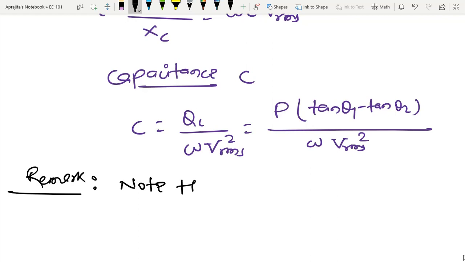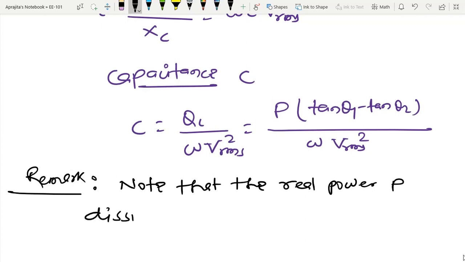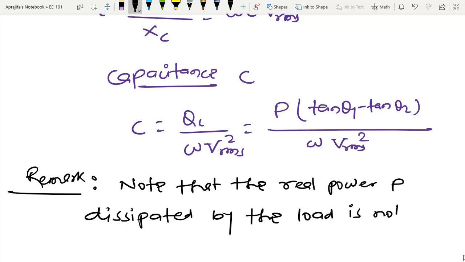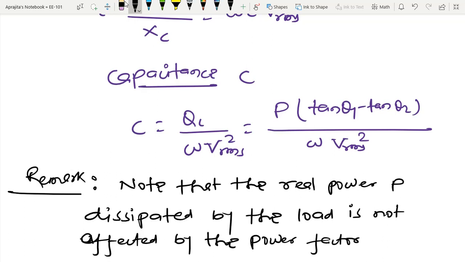So note that the real power P dissipated by the load is not affected by the power factor correction,